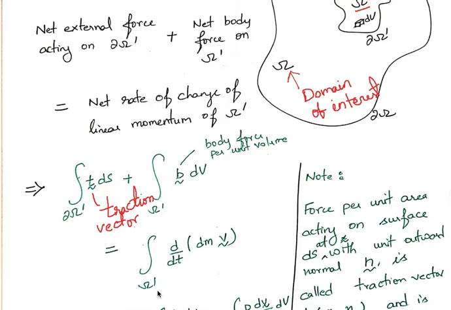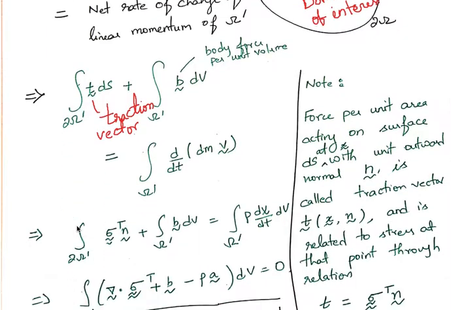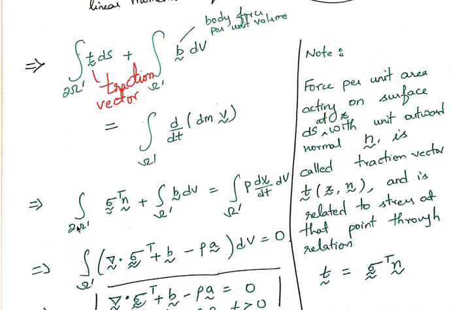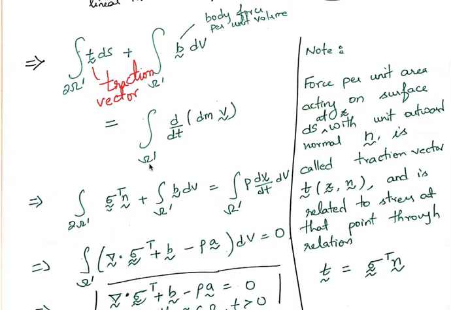Now before we can move on, as we can see, two integrals are volume integrals and one is a surface integral. So we have to convert this surface integral into a volume integral. Now to do that, you need to know a few things. What is it that you need to know?